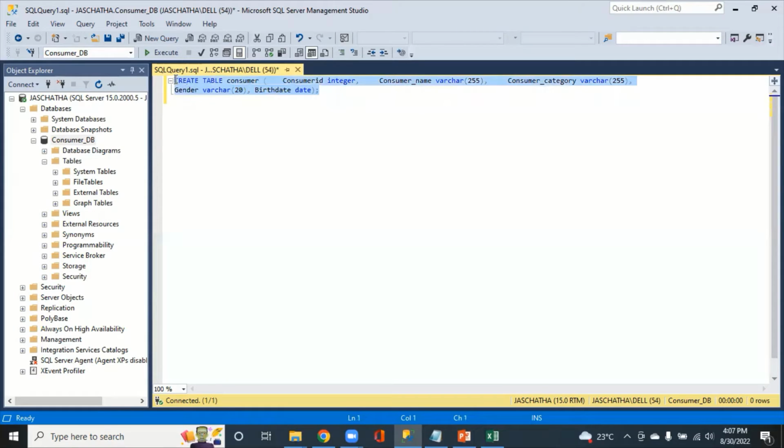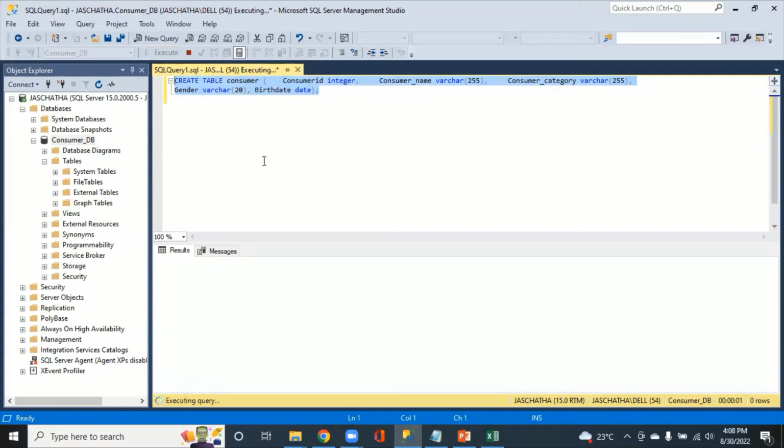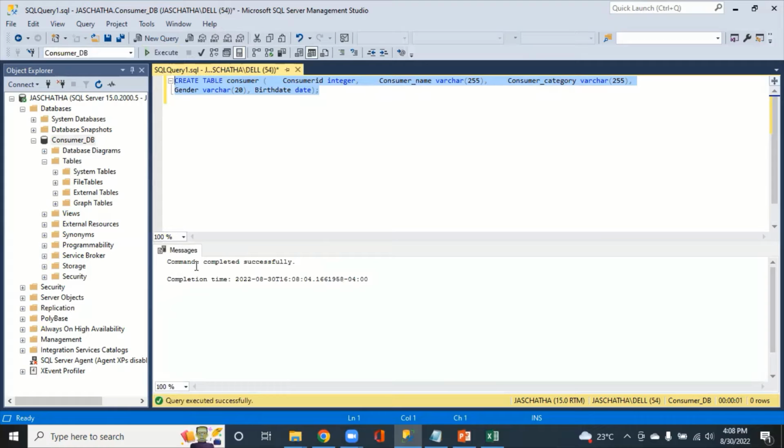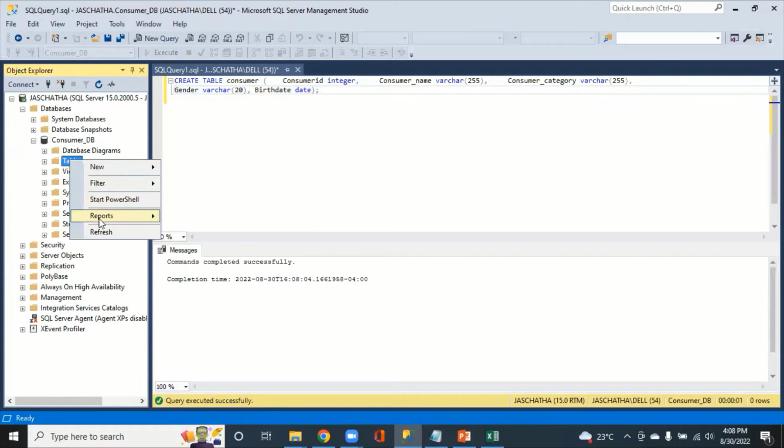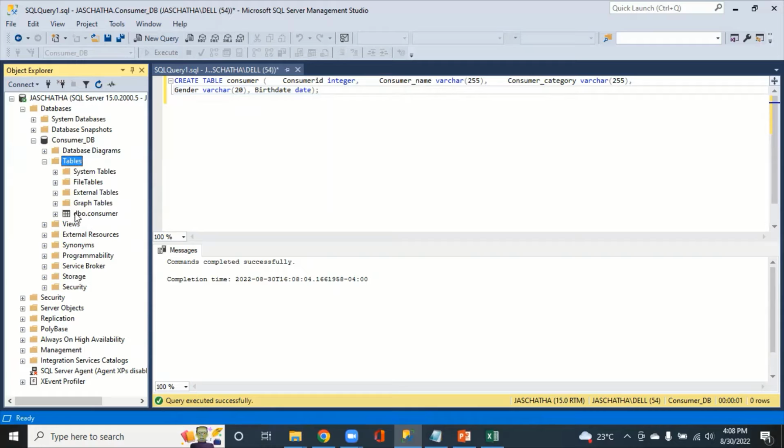Let's select this. That's how we have our query selected, and it ends by semicolon. And let's click on execute to see the results. Awesome. So here it says commands completed successfully, query executed successfully, right? Can we just go and refresh to see if our table is created? Okay, I'm just expanding these tables again. Awesome. Here we can see dbo.consumer, which is our